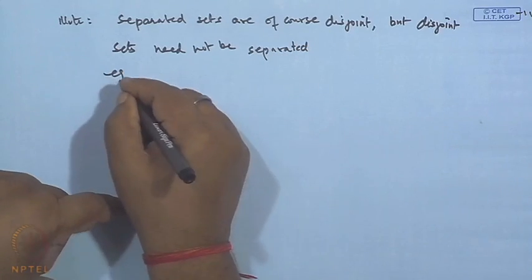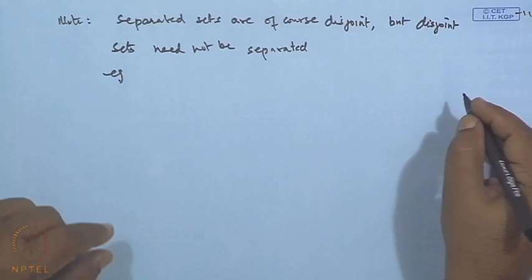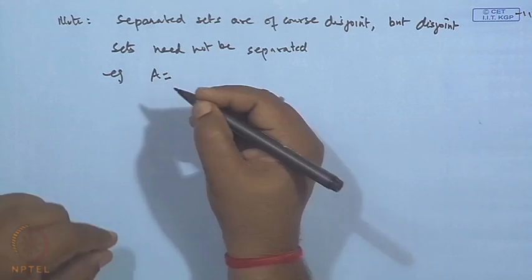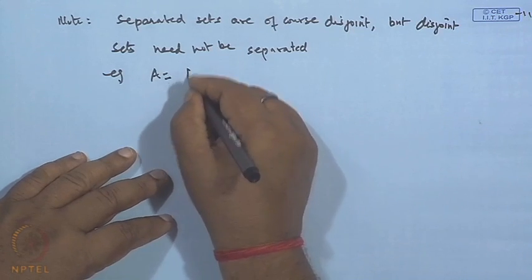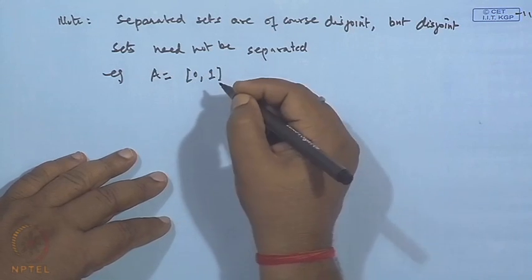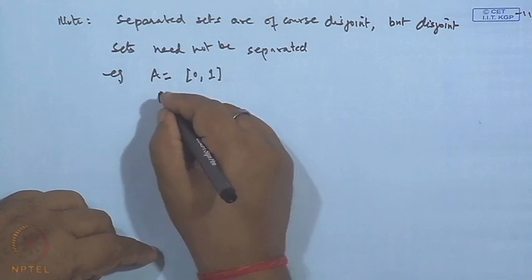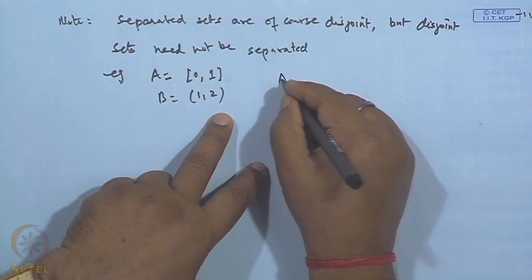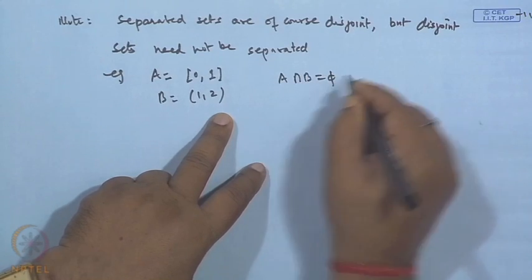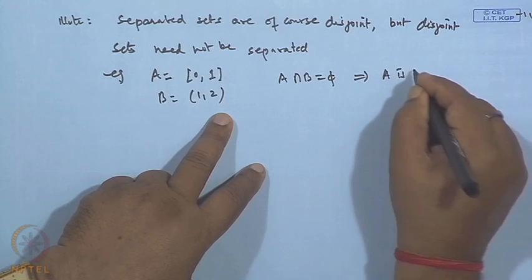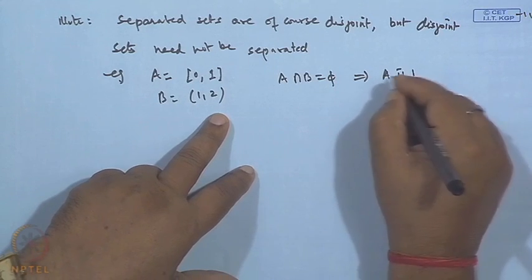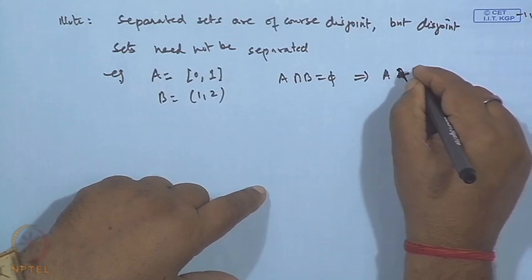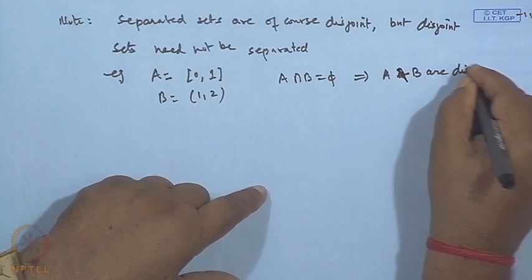For example, suppose A is the closed interval 0 1, and B is the open interval 1 2. Now, A and B are disjoint, A intersection B is empty. So, this implies A and B are disjoint,